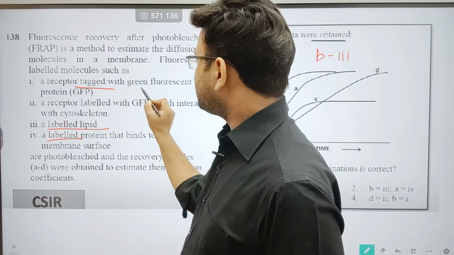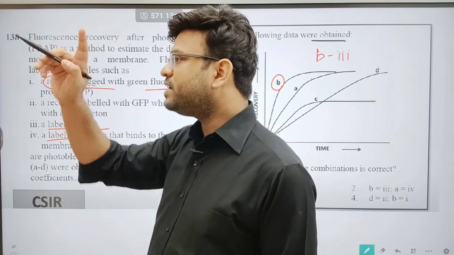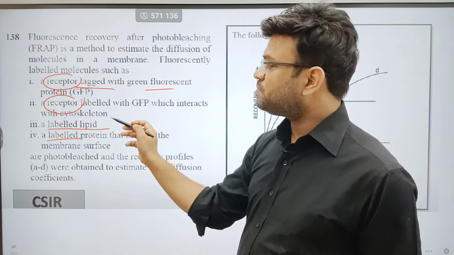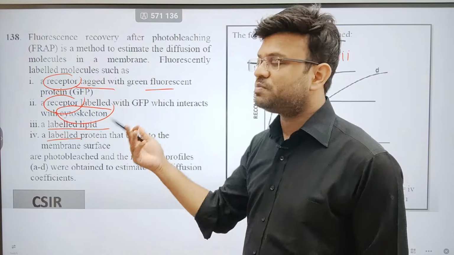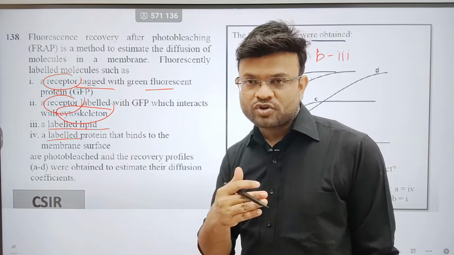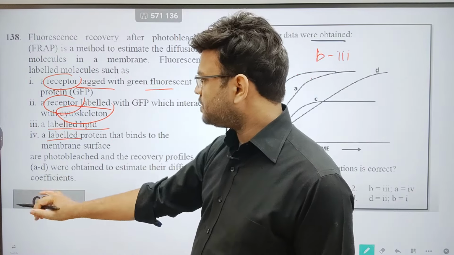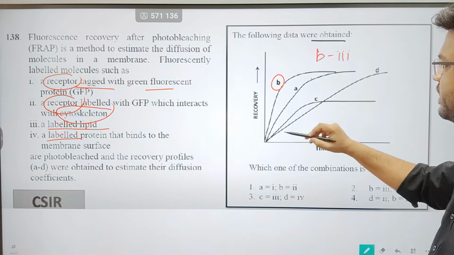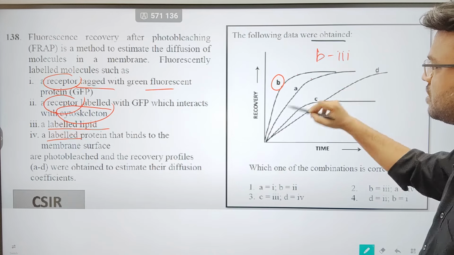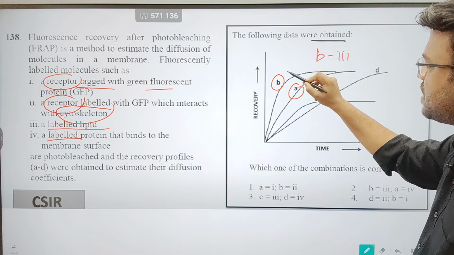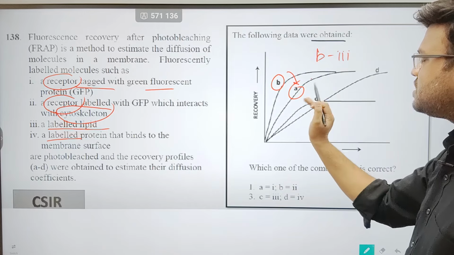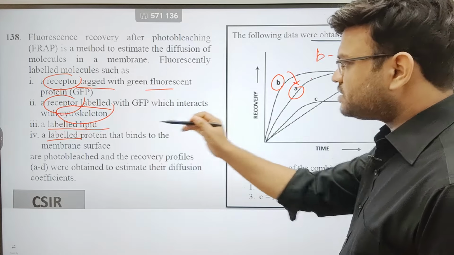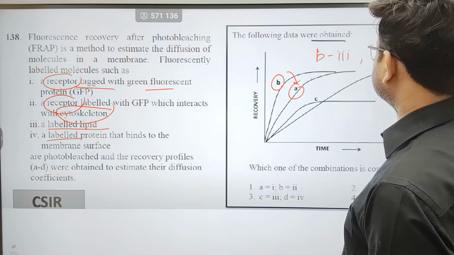Others, a receptor tagged with green fluorescent protein: a receptor would be an integral membrane protein. Again, a receptor would be an integral membrane protein, plus it is also binding with the cytoskeleton. That means it would be more hindered, and more limited to move. So again we can say the fourth one can be joined with the next fluorescence recovery graph. This A is just after B. That means it will show slightly lesser recovery than B. So we can say that the fourth option matches correctly